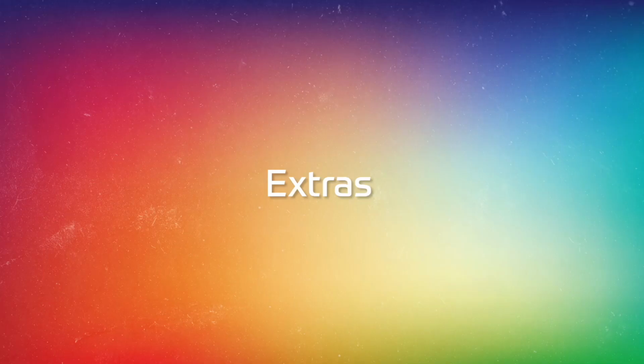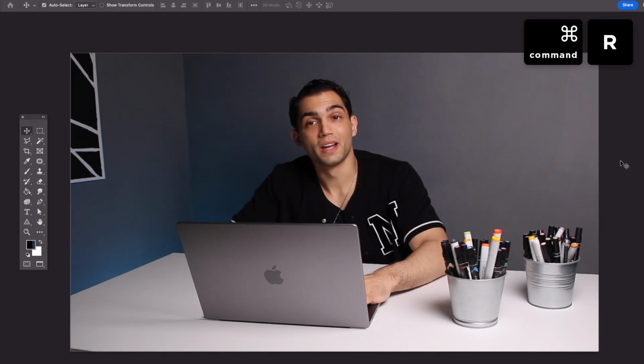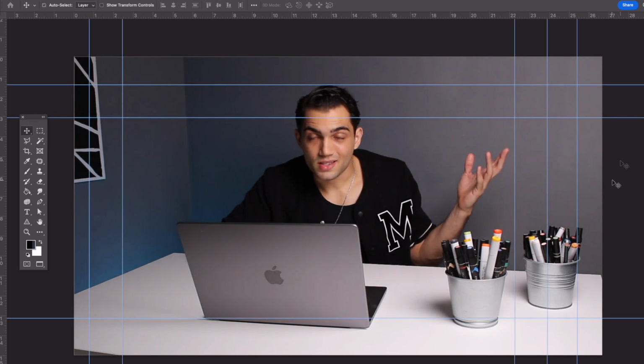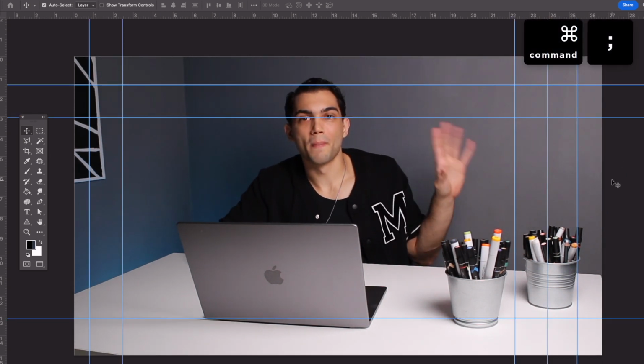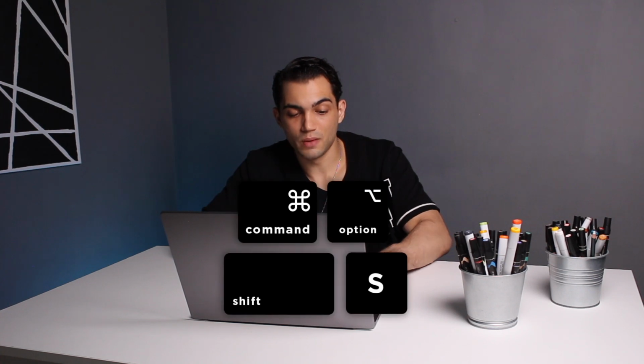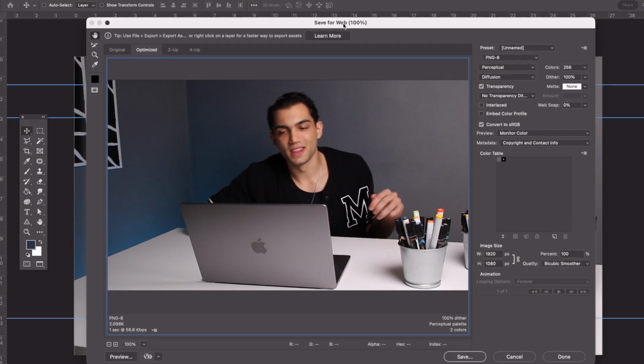And then for the last category, I'm just gonna do a few extra ones that I think are very relevant. Okay, we have Command R to show and hide the ruler. Then let's say you're using guides and you want to hide those guides, just do Command semicolon. Obviously Command S to save, Command Shift S to save as. And then if you want to export instead of save, just do Command Option Shift S, and then the export